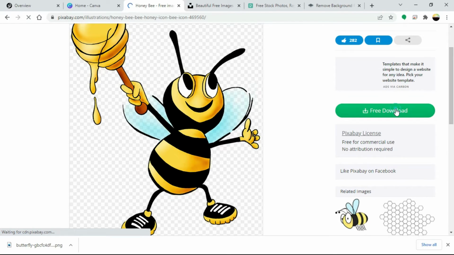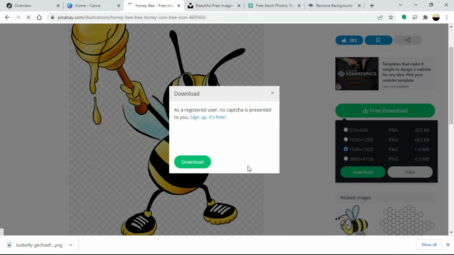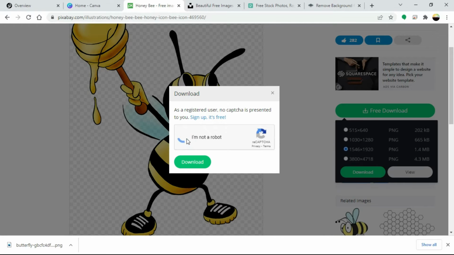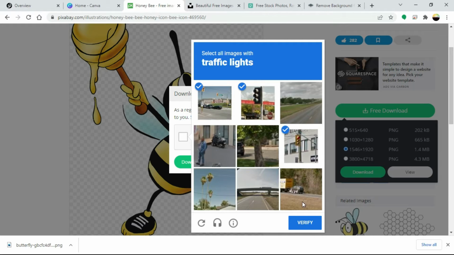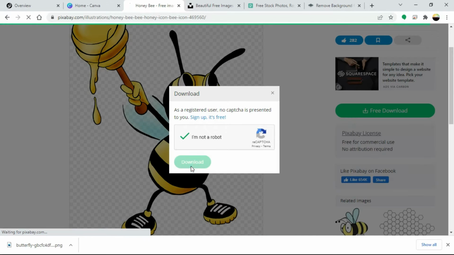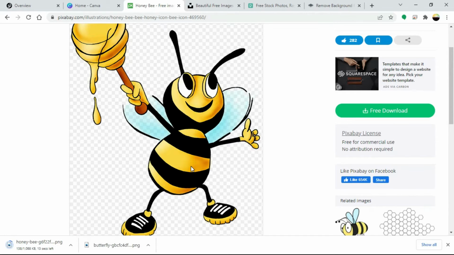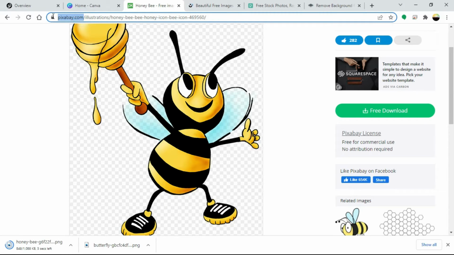The color code here is yellow, it's the main color. Then there is some black for the image. So we need to confirm that we are not a robot to download the image. So we download it and then upload onto Canva.com. We'll be using Canva.com to design our